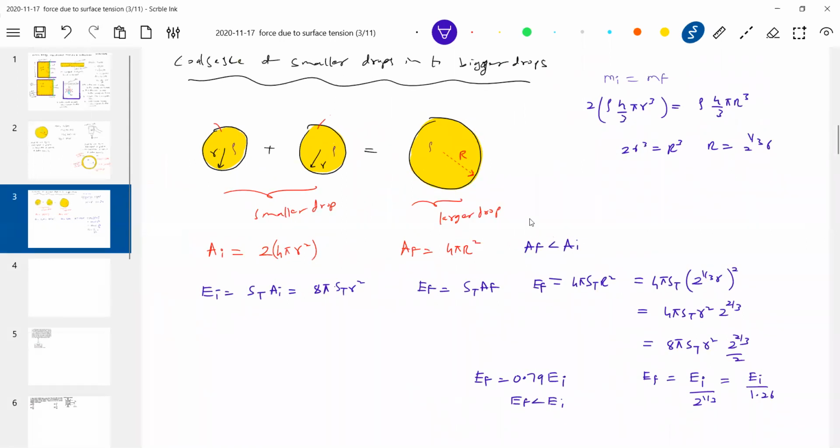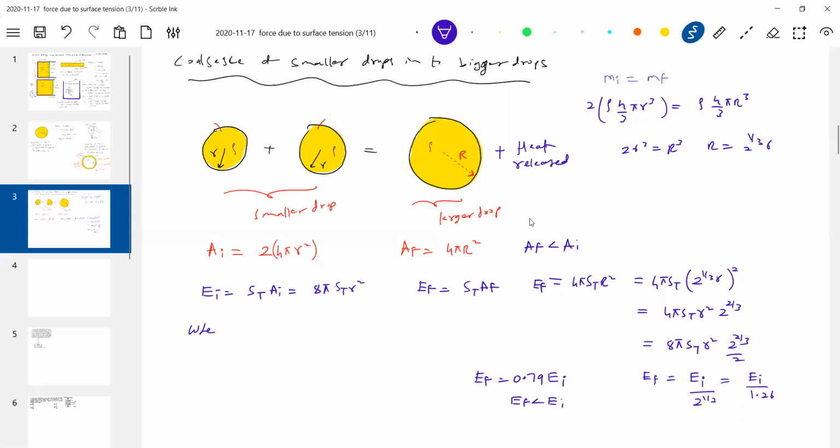So very important data. Nothing, just information. We have gathered it and we are going to conclude here. When two smaller drops coalesce to form bigger drops, surface area decreases, surface energy decreases. Tell me, where does that decrease in surface energy go? Converted into heat, released. Released as heat to where? To the atmosphere. So what is the conclusion I can make?